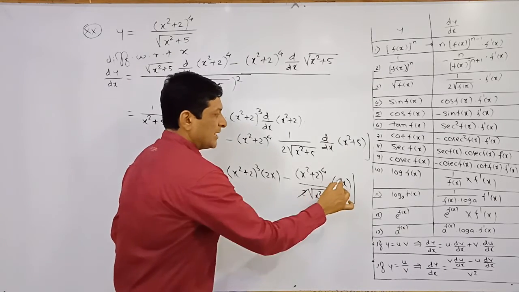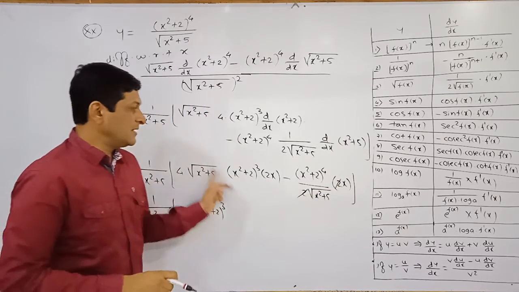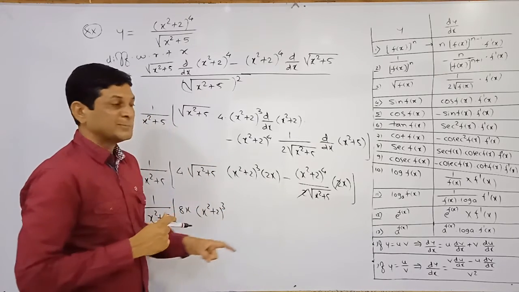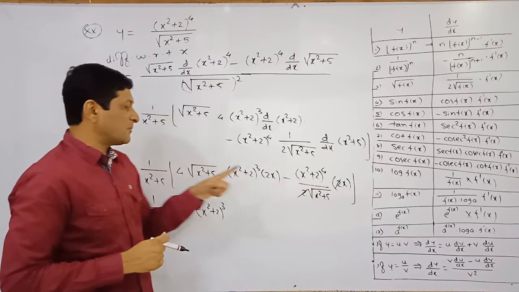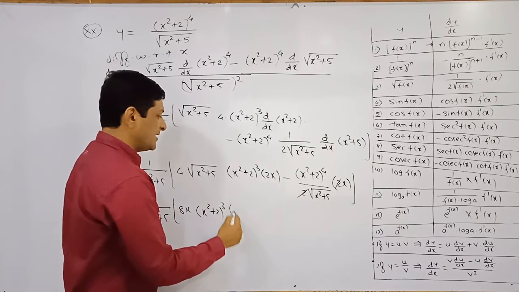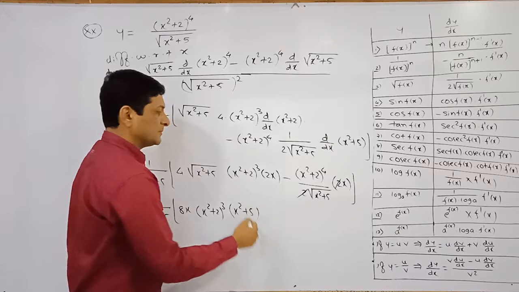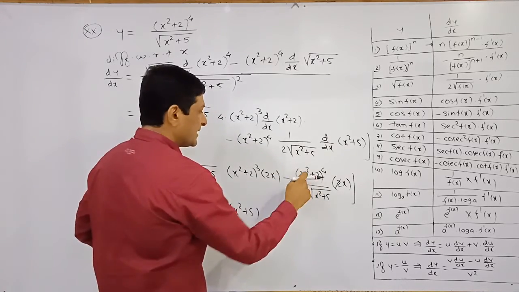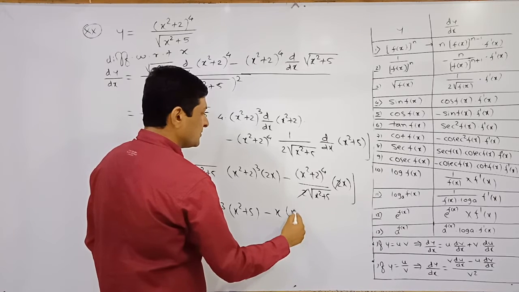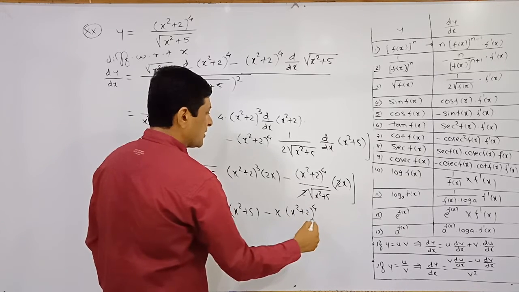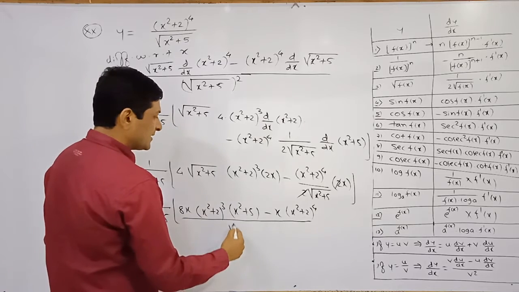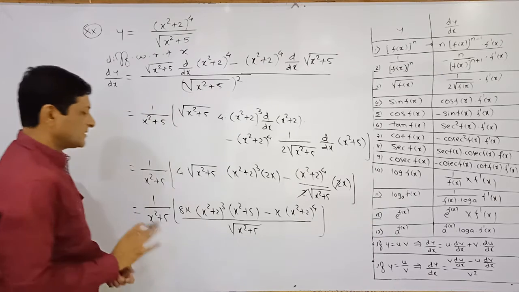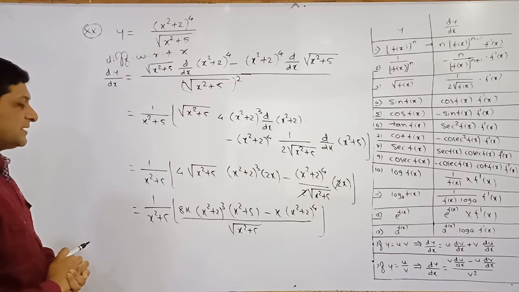Here this 2 and 2 will get what? Cancel. Parallelly I am taking cross multiplication also. Here nothing is in the denominator, means 1 is there. What is this product? Under root x square plus 5 into under root x square plus 5 will be x square plus 5. Okay. Parallelly we are taking what? Cross multiplication. And here what we will get? X into minus x into x square plus 2 raised to power 4. And in the denominator we will get under root x square plus 5. Okay. So lastly, it can be written as